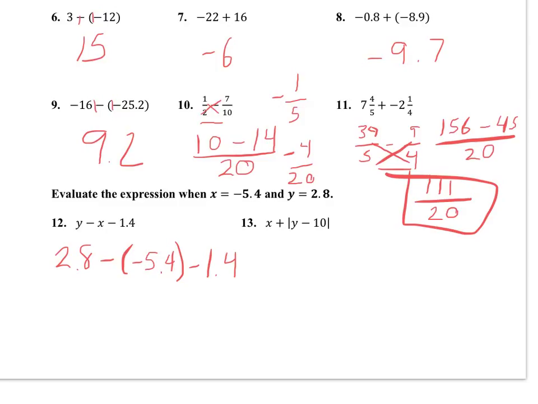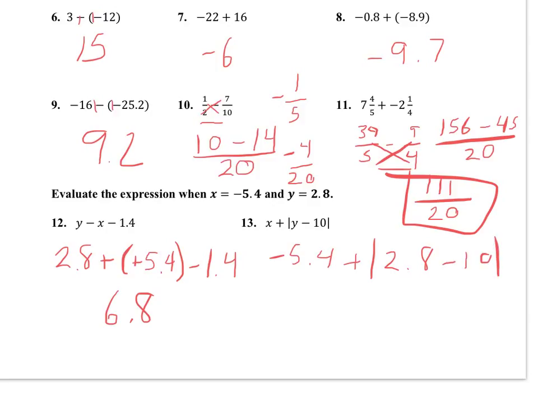Okay, but do remember on the test you won't be able to use a calculator. Oh, I have a negative minus a negative, so that changes to a plus. So I would have to go 2.8 plus 5.4, and then subtract 1.4 from that. So I should get 6.8. Okay, and now we'll do the same thing over here. We should have negative 5.4 plus 2.8